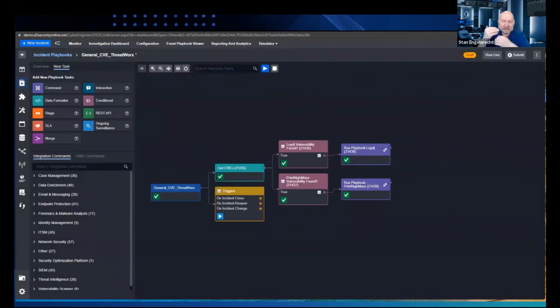So being able to take the workload off here, especially the ability to utilize the high fidelity information that's coming from Threatworx, and then automating the processes so that a human doesn't necessarily have to get involved. Obviously, you can put in stages for approval processes, or maybe one particular final validation point that an analyst wants to do. Those can be very easily built in here. But the idea is that if the vulnerability is just that bad, it really should get looked at getting past that particular stage. And that's really the idea behind